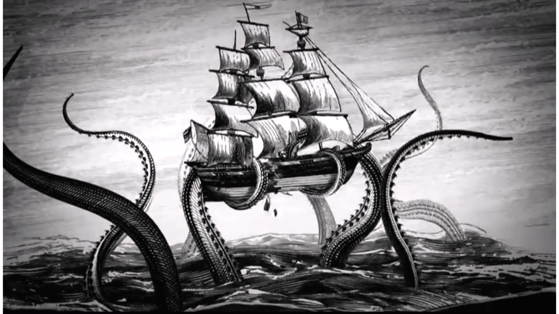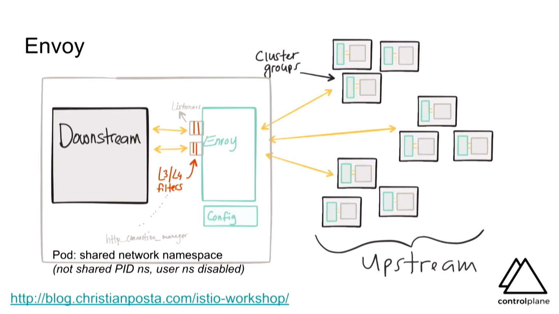So Istio gives us an opportunity to treat all our workloads as hostile and apply a more granular network policy. And we do that with Envoy. You can see there the shared network namespace. Envoy sits next to every service in that service's own network namespace, as with any pod. It intercepts all requests and applies Istio's policy and provides network transparency, so the service is not aware that it's